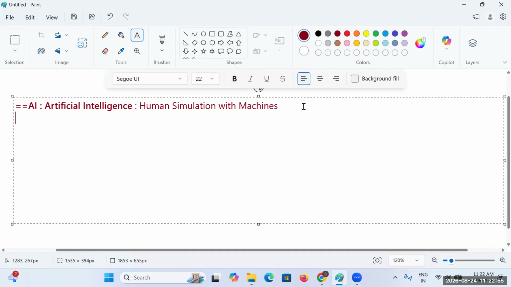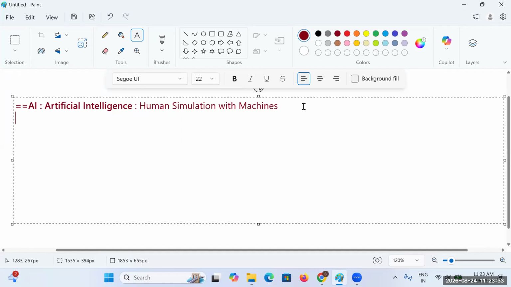The meaning of that statement is this: as human beings, whatever activities we are performing, the same thing will be simulated, nothing but replicated, by machines.